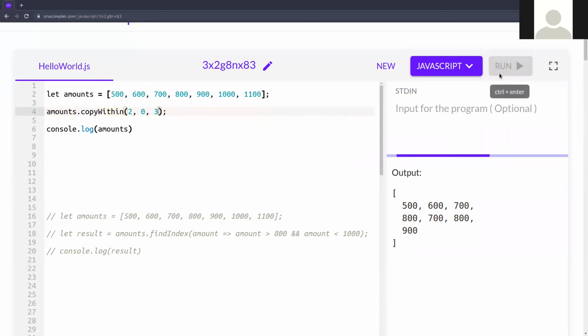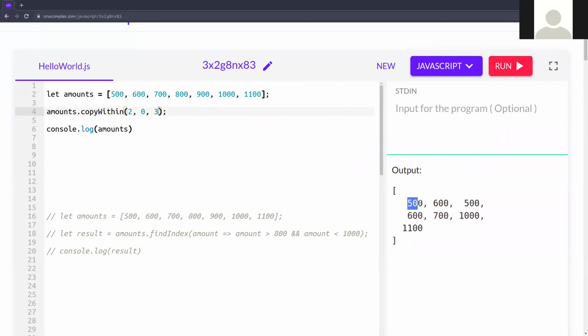Why 3? You can see 500, 600, 700. So it is copied to index 2, means 700, from the 0 element, means from 500. So it starts at 500, and 3 means 500, 600, 700 it will take. So only 3 elements it takes.